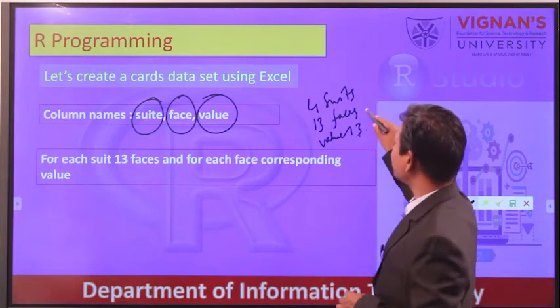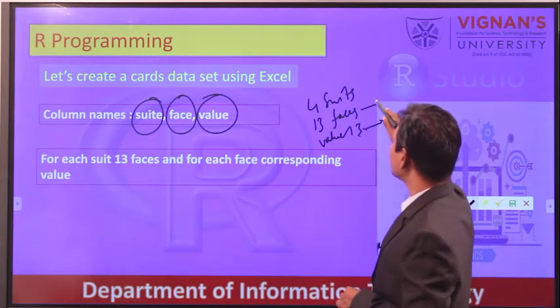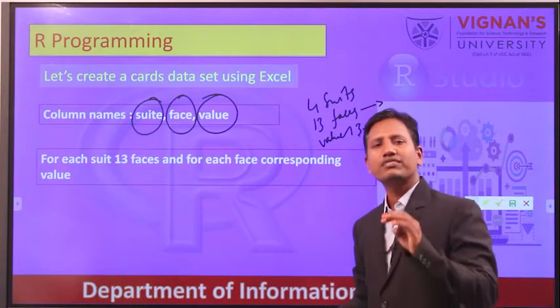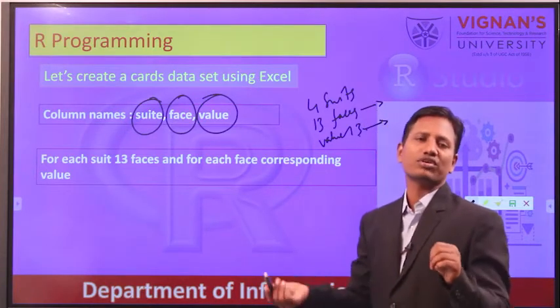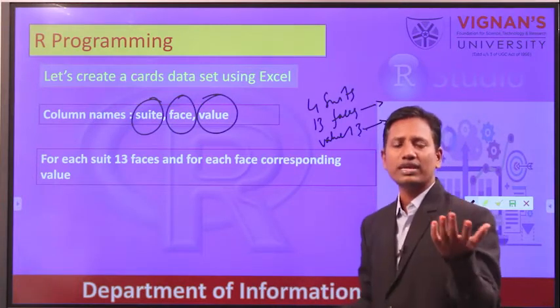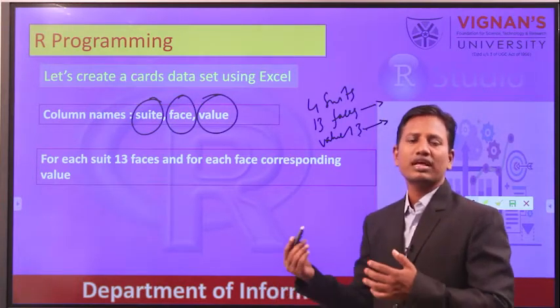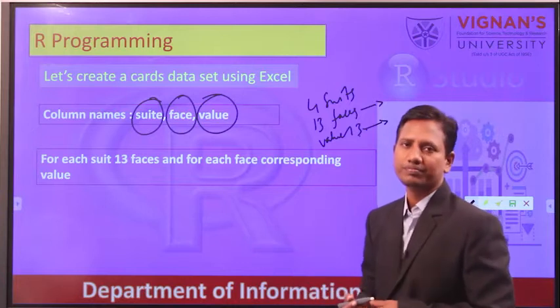In most cases these faces and values are going to be similar from 2 to 10. Only for A, K, Q and J, for these 4 records, the values are going to be changed. The faces are going to be letters and values are going to be 11, 12, 13 and 14.